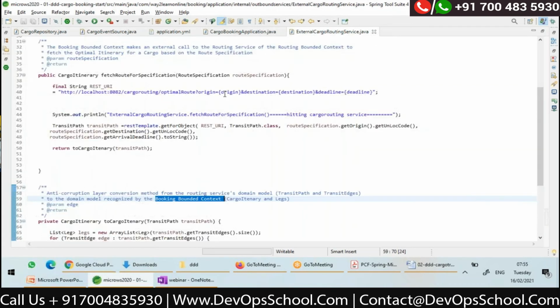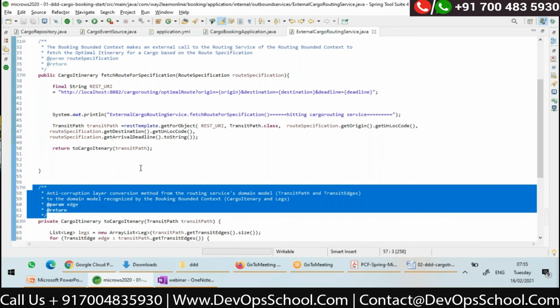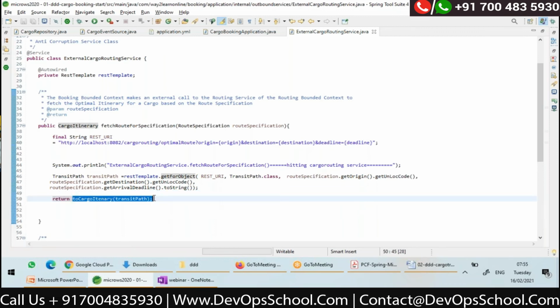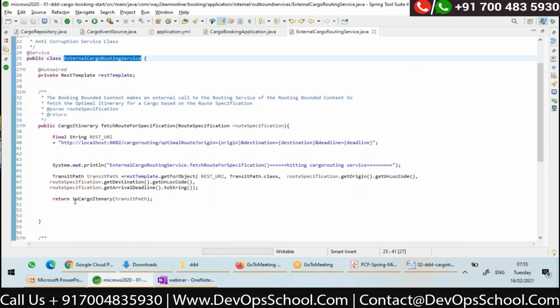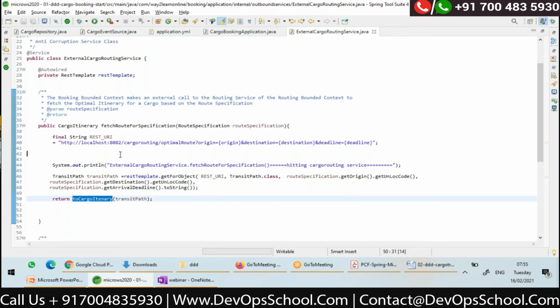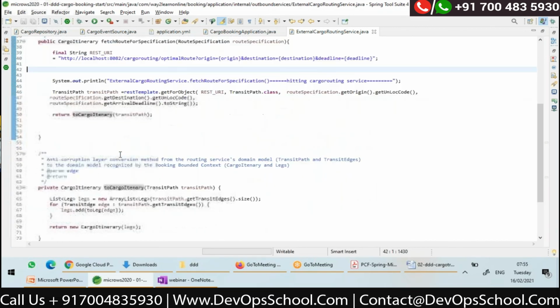Normally, where do we write the anti-corruption layer logic? Inside an outbound service only. Here, this is the logic of my anti-corruption layer. This class is an outbound service, and it has logic to convert the other bounded context's domain model to the domain model of this module, right?